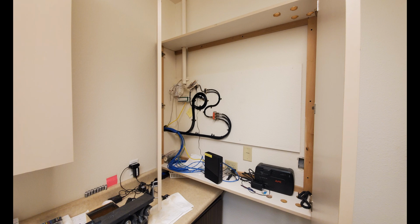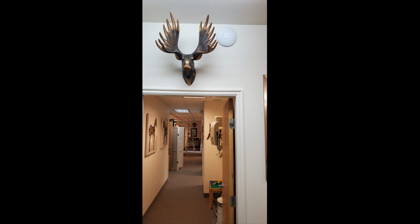No big deal, right? Well, it was a little more difficult than I planned on because of the configuration of the building, the way it was constructed. But it was still far less expensive to do it this way. So we ended up running 2 lines coming out here, and if we go to the next